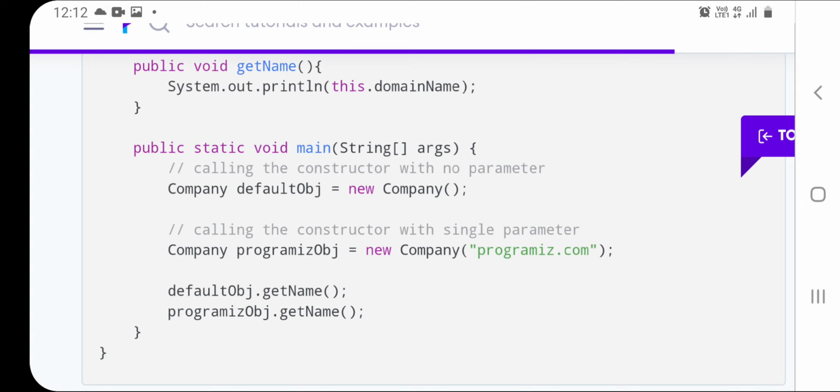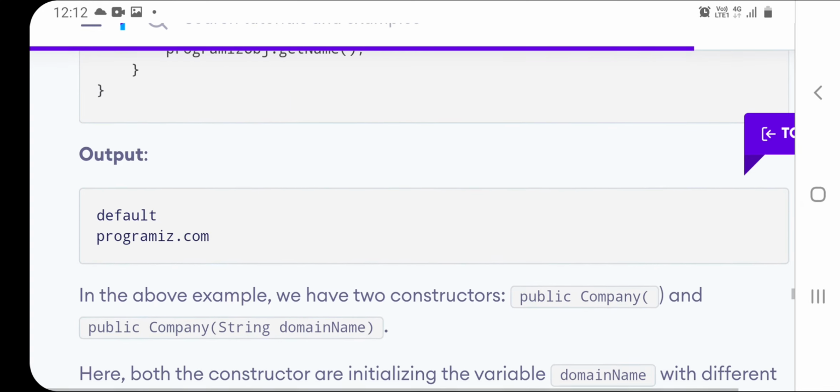Here new Company("programs.com"), you are passing a value, so it is a parameterized constructor. So here the parameterized constructor is called. Using that, you are printing the names using the getName statement. So the output will be default, programs.com.